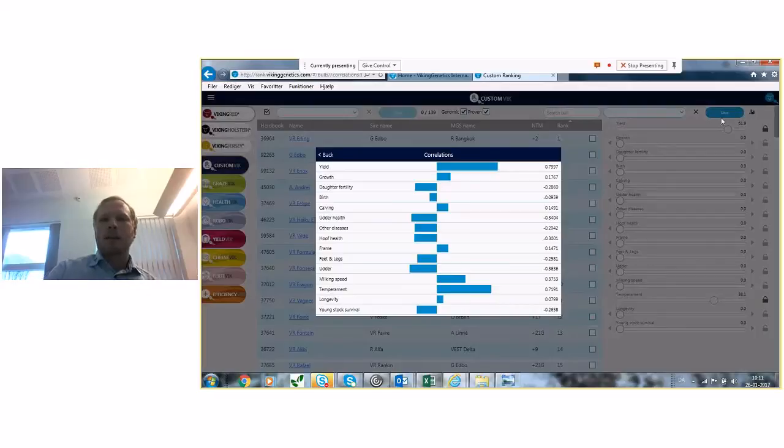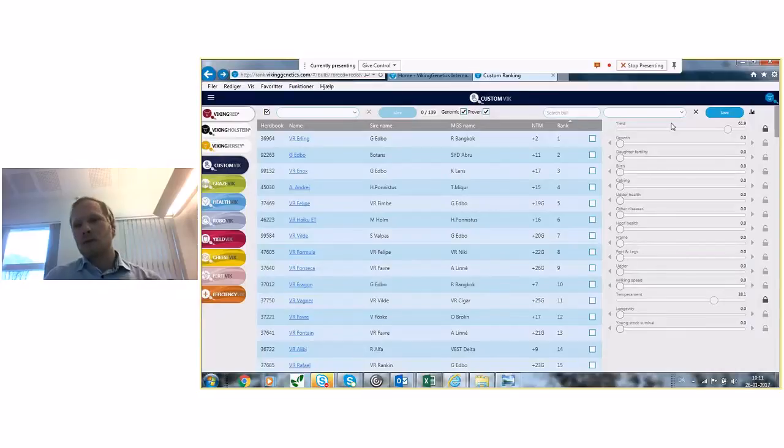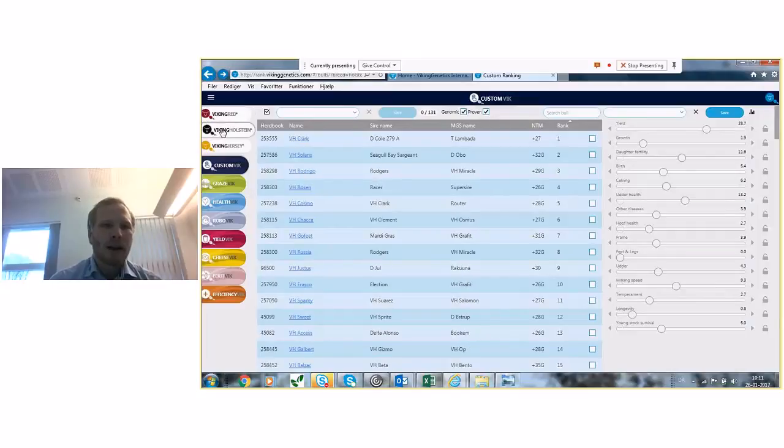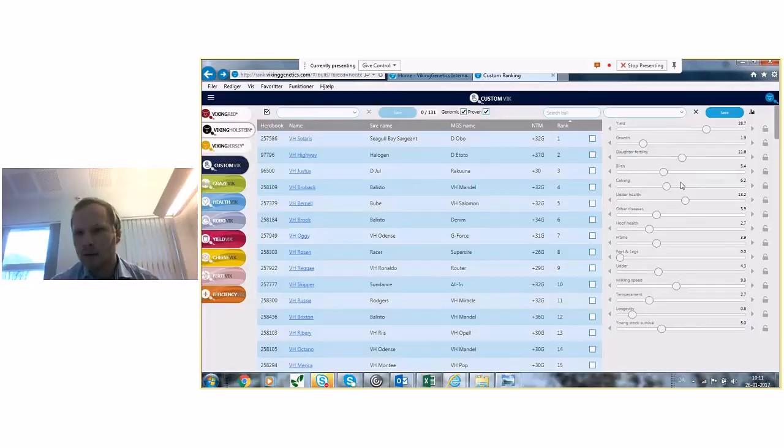And I think the VikRank is a good tool, not just to pick the right bulls, but it's also to pick the right strategies, the breeding strategies. And it actually shows if you just want frame or just high production, you'll lose out on a lot of health traits. So it's a good tool for both of the things, I think. All right, so just go back to the Holsteins. We have this strategy. I think that's the great strategy for me.